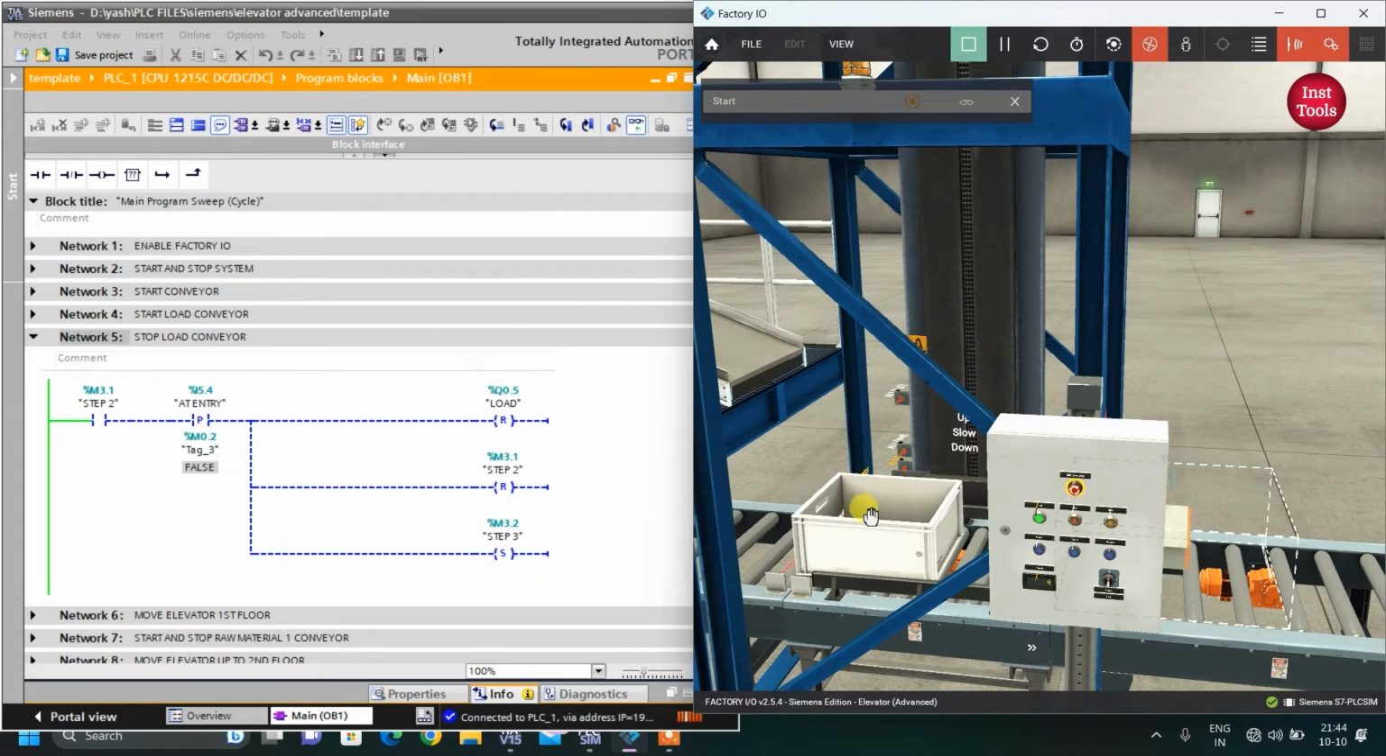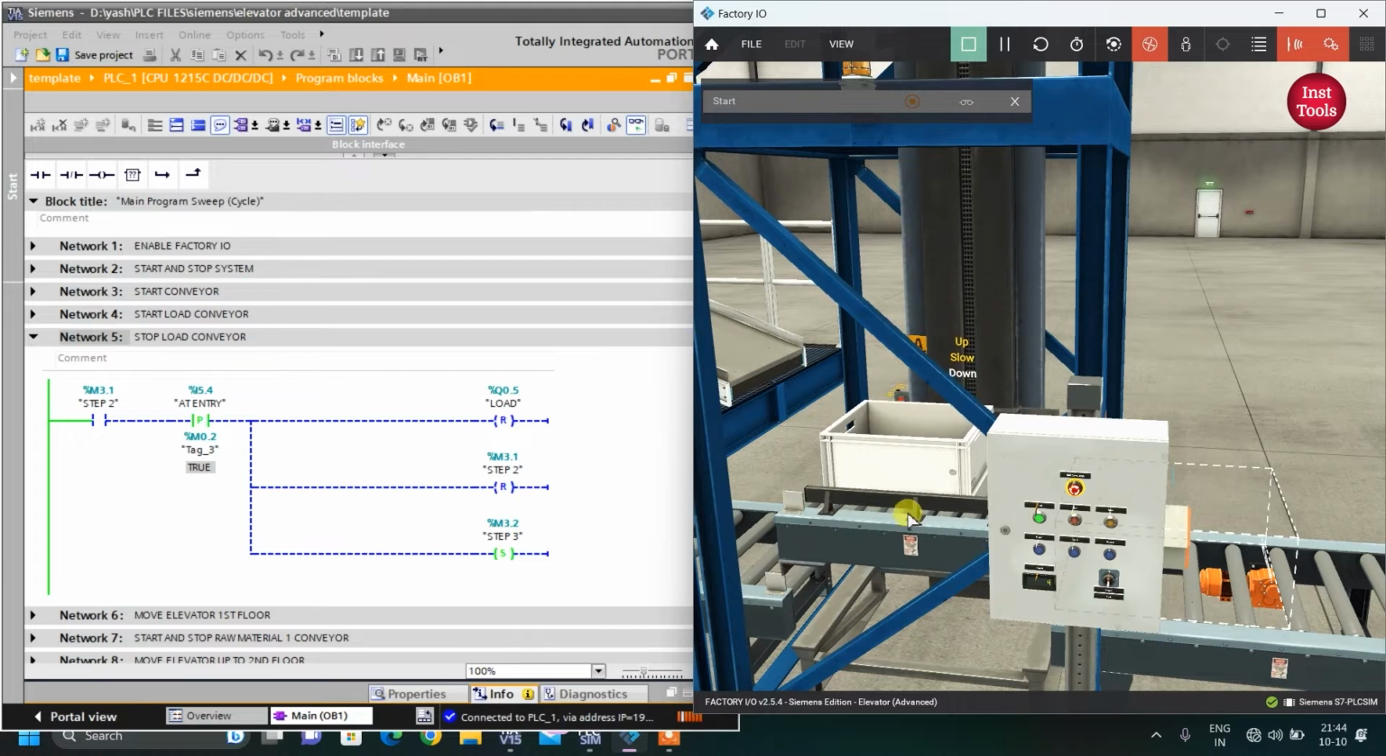When there will be the positive edge of this, it will reset this load conveyor, and also it will reset the step 2 memory bit, and we will set step number 3 memory bit. Now what we are doing over here, after the first step, we are setting another memory bit, and by this memory bit I will execute my step number 3. And when the step number 3 is executed, I will reset this memory bit and I will set another memory bit. So here I am using my memory bits to go from one step to another step,